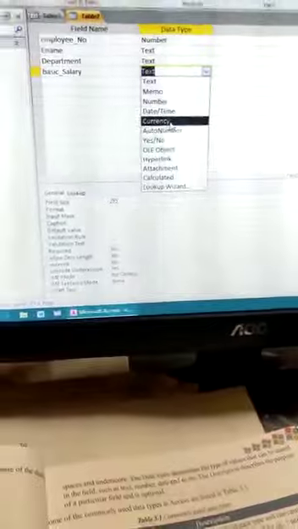After that, press the tab key or click the mouse left button. Basic salary is numeric. Salary is always numeric. I can select number or I can select currency. In your book the data type is showing number, so I will select number. Or as per requirement, we can select currency afterwards. You can change the fields as per requirement after saving your table.